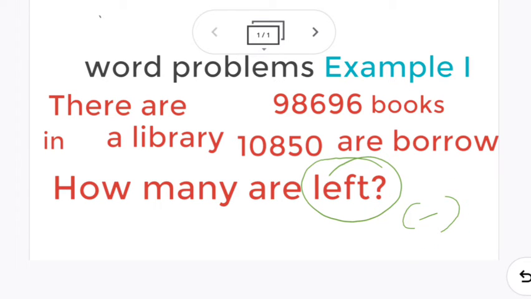So as I have told you, in subtraction word problems, the important thing is you have to write the statement first, then you have to arrange the digits in order. Some of them I have seen, they don't write the digits in order and just do the calculation and write the answer. So arrange the digits in order, then you do the calculation, and the equal sign should be in the same place. Let's do the statement first.